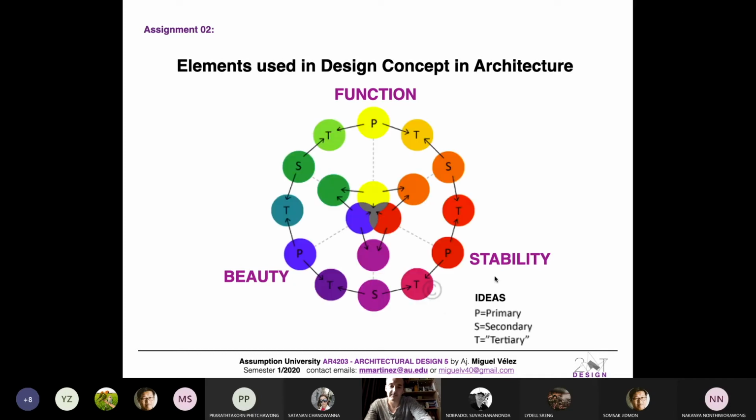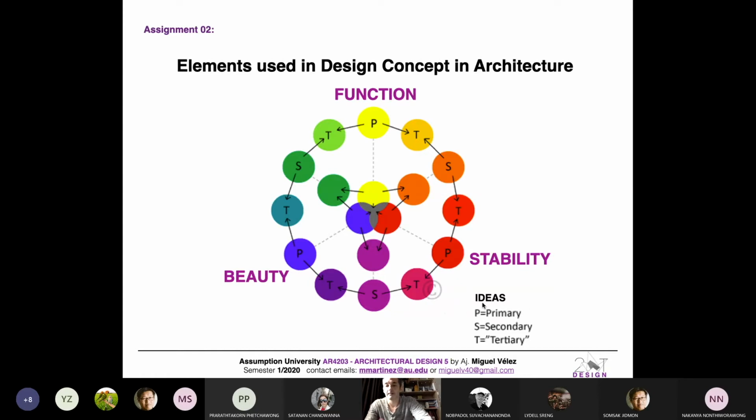Basically, these are the things that we are doing. Our primary ideas to define our concept are going to be based on these three elements. Our design concept, in the image that we are looking to use for the marketing to explain our design concept, we should see these three elements clearly from the early beginning. And that will be the primary ideas.